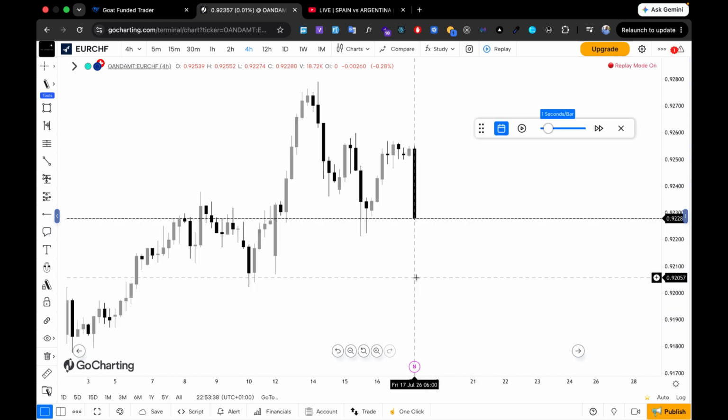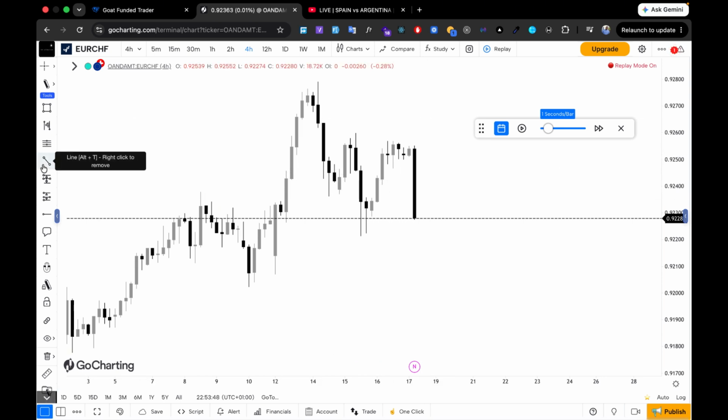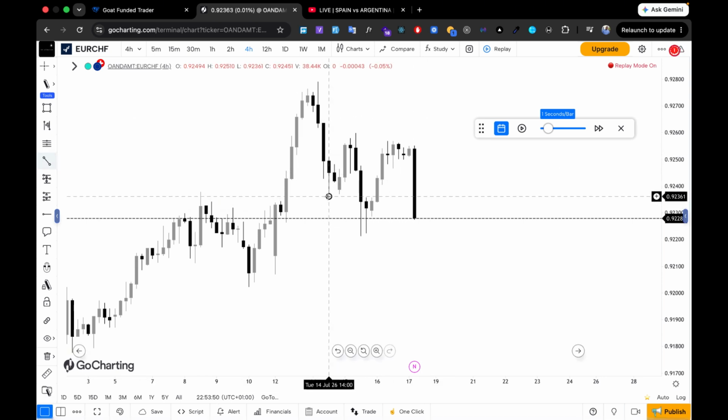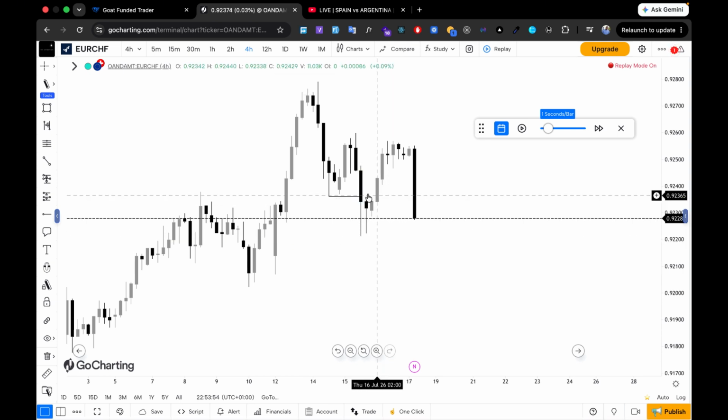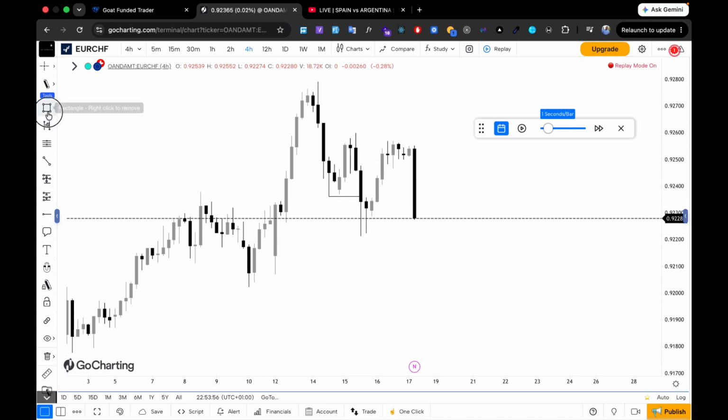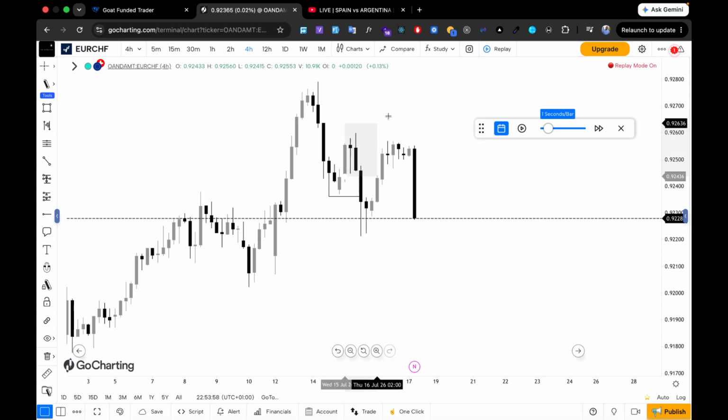Okay, so for the EURCHF, I've already caught the price to where I took the price from. As you can see, from the 4 hours, we have a break of structure. You understand? The whole of this is like a key level. So as you can see, when price got to this place,